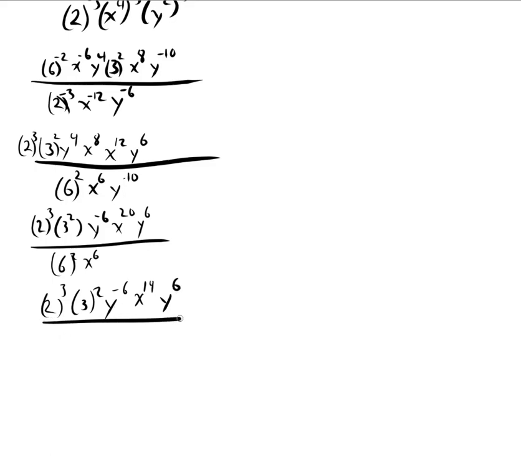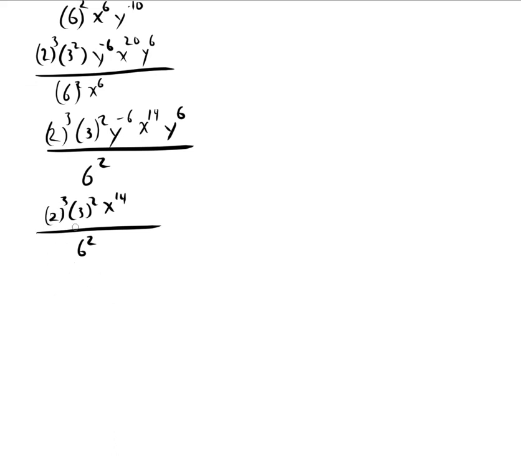All over 6 squared. Now the nice thing is the product rule: y to the negative 6, y to the 6 here, I can add these two together and that becomes y to the 0 power, which is going to be equal to 1, so it just goes away. So I have, once again, 2 to the third, 3 squared x to the 14th, because the y to the negative 6 times y to the 6 goes away, and I get all that over 6 squared, and that's going to equal,